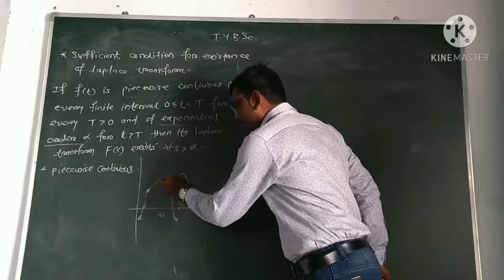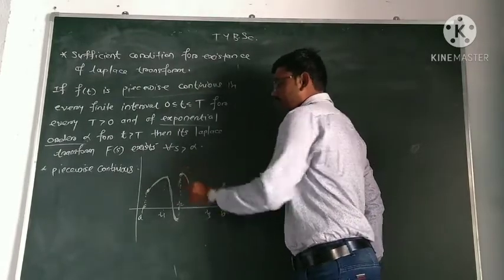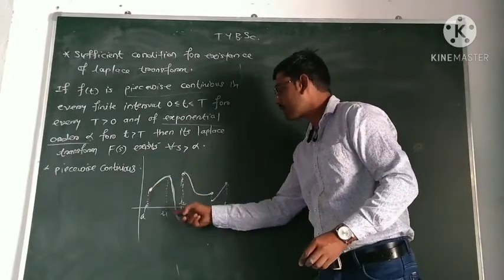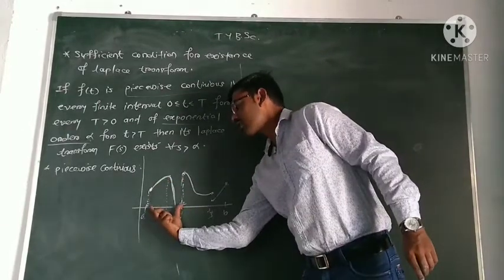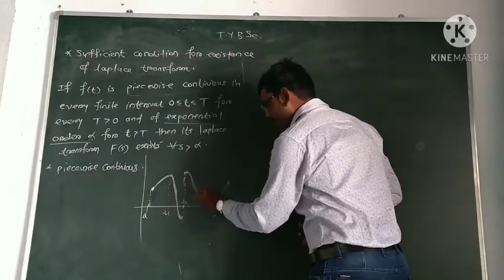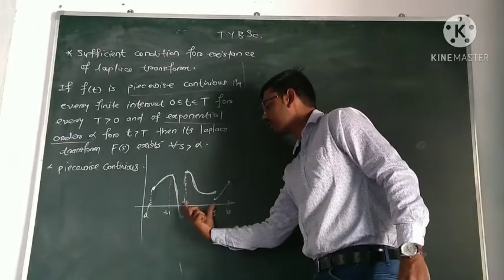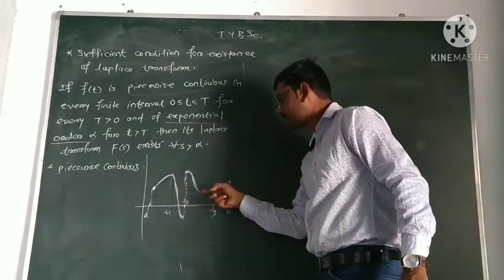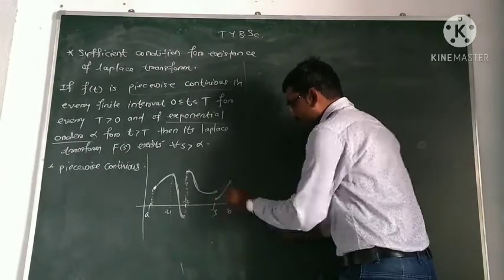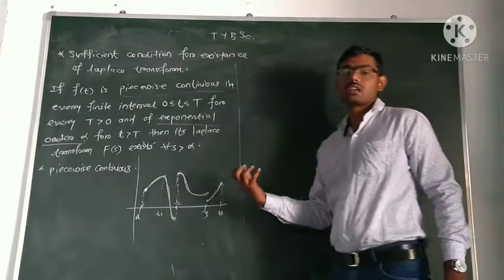If the graph were like this, with this point also connected to this point, then the function would be continuous here. But the function is continuous from this to this, so the function is continuous in this interval. Again, the function is continuous from this point to this point, again in this interval. There is no break in the graph. But again, there is a graph here, and the function is continuous in this interval. Such functions are called piecewise continuous functions.